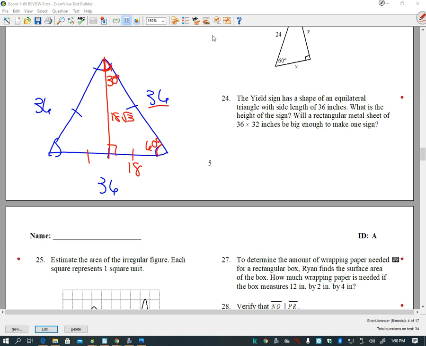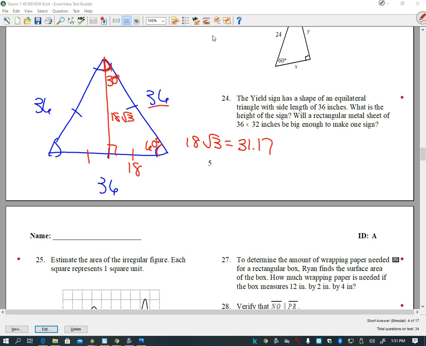So I'm going to put 18 radical 3 in my calculator and find out what that decimal answer is. 18 radical 3 is equal to what? 31 point 1 7. All right. So the main point of this question is, if I've got a piece of sheet metal that's